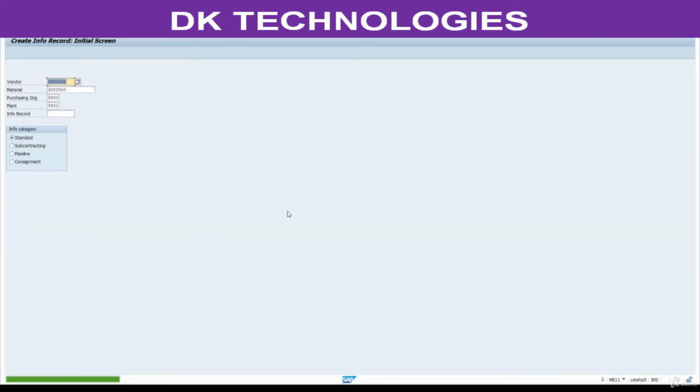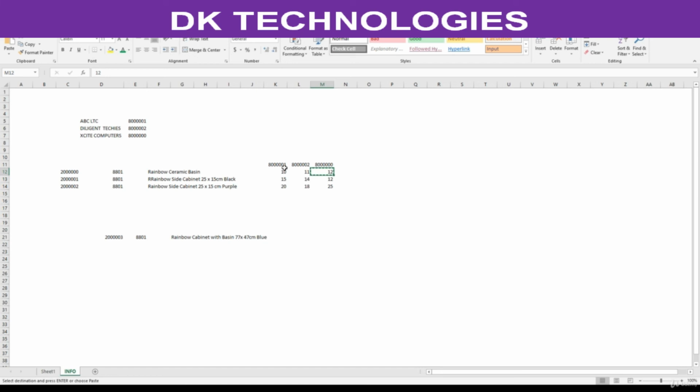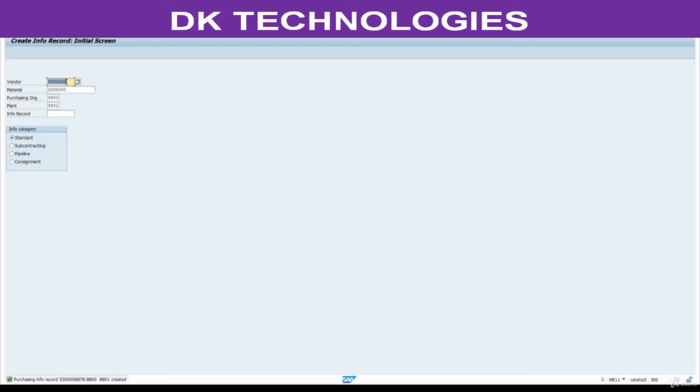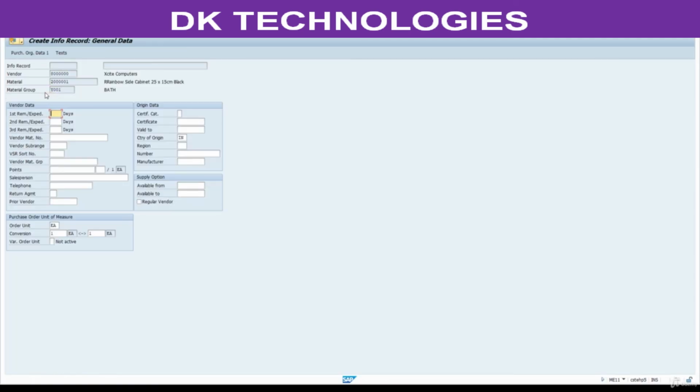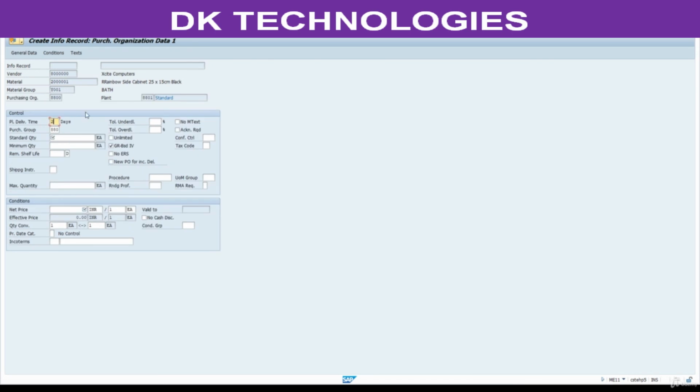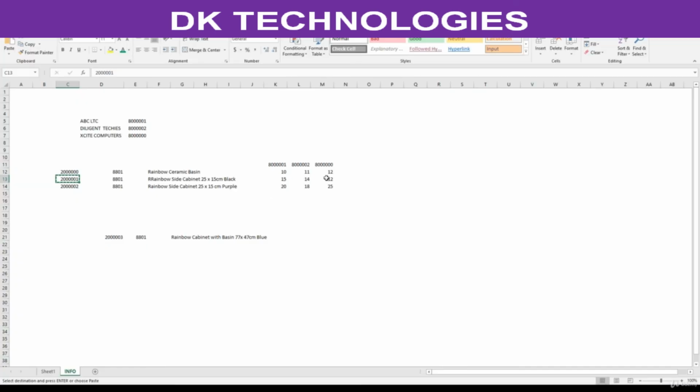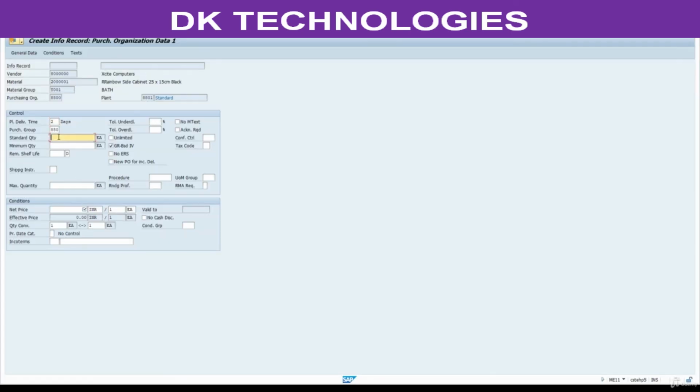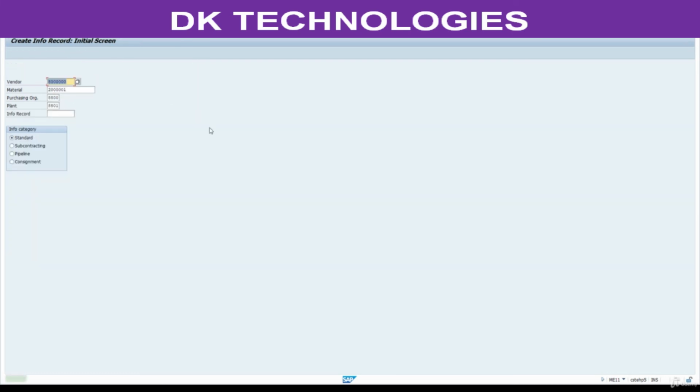Save this. Now repeat the same for this article. Will come from this side now. Copy this article, price is 12, save this.